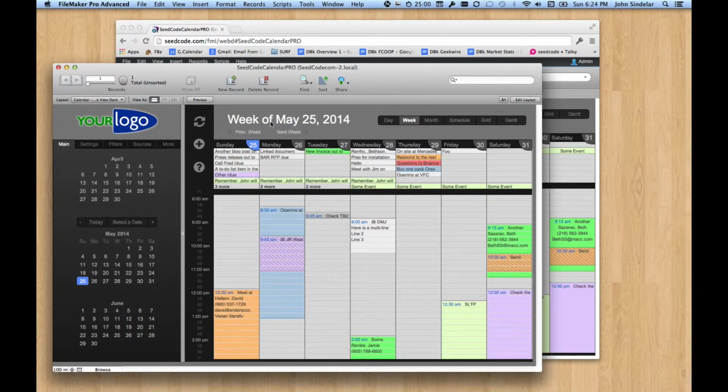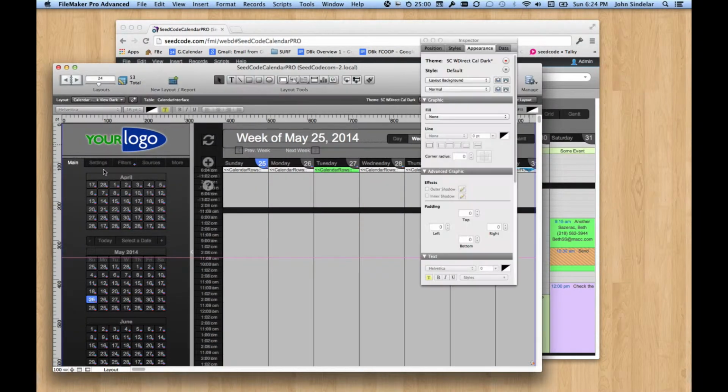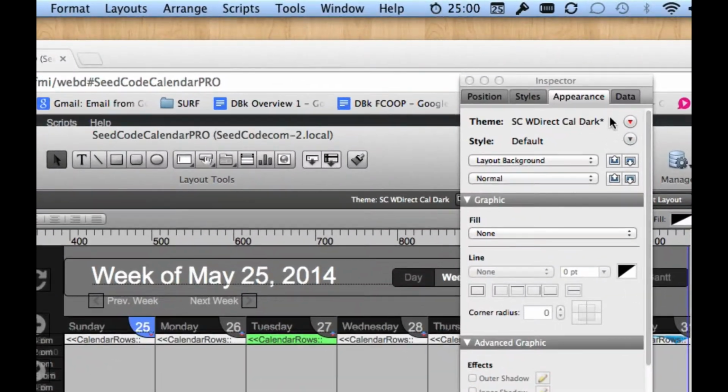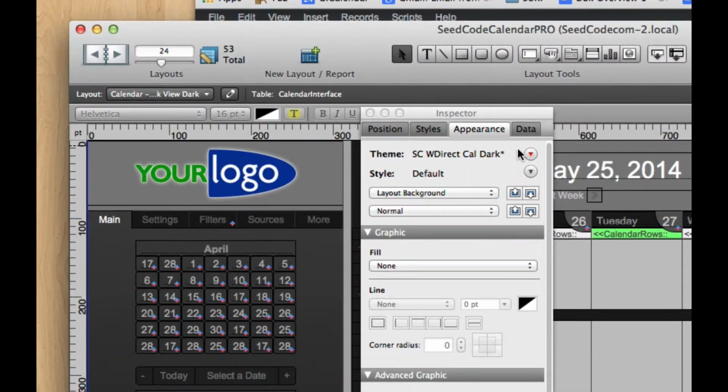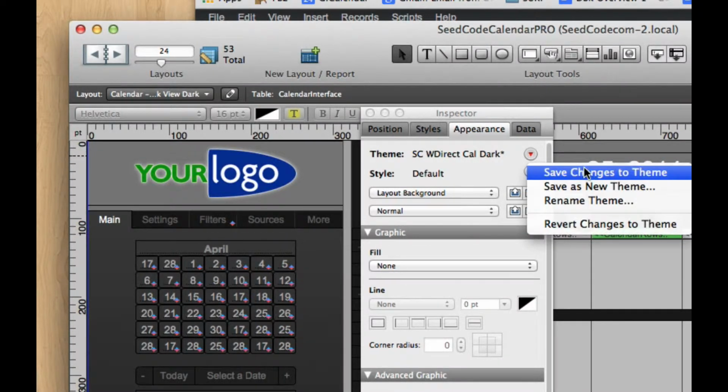So while this looks great here, when you first apply this to your file, it might look a little different, and I'll show you why. It's because we have some objects here, in particular this tab, that diverge from the theme. You can see the theme has unsaved changes here. This little red dot means the theme's got some unsaved changes. So if we were to save that, save changes to theme,